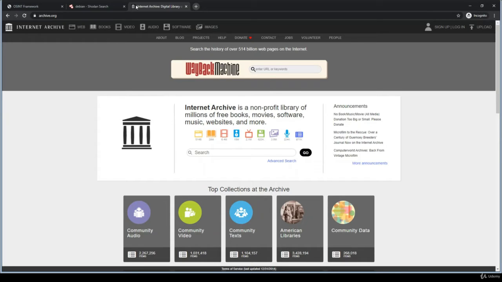If I'm investigating a website and want to see the information that was published, or the layout of the website in the past, for example if I'm investigating now in 2021 and want to see a specific website in 2019, then I can use this Wayback Machine.